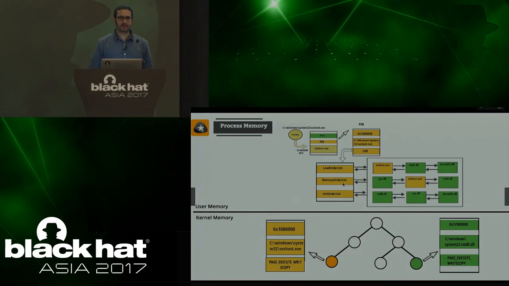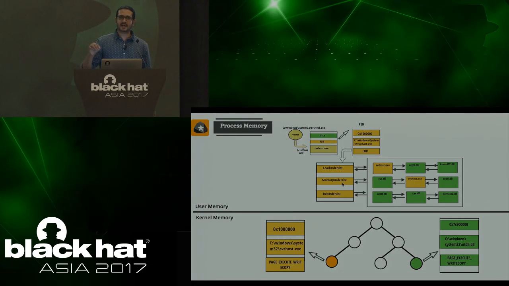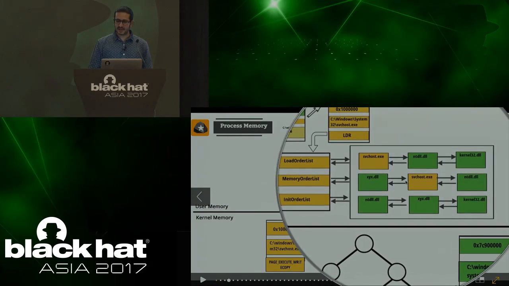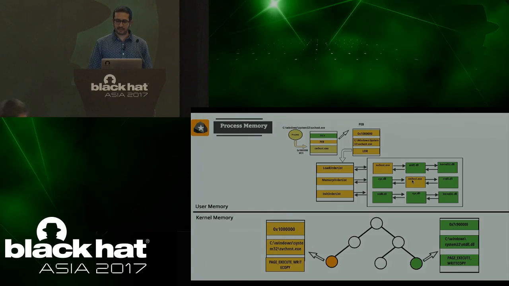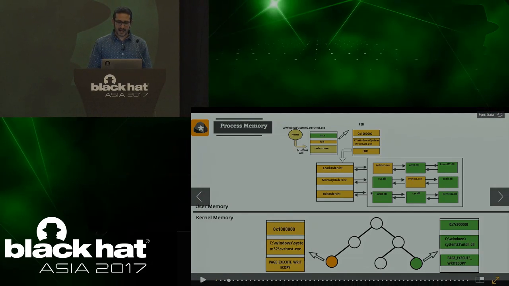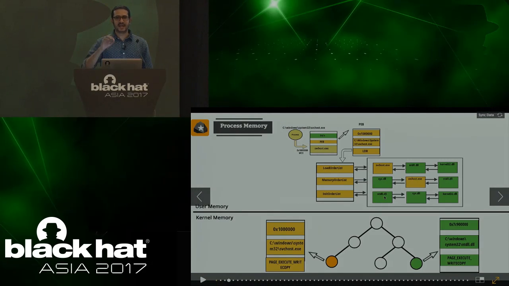In the memory order module list, it keeps track of all the loaded modules in the order in which they reside in the memory. Because a module loaded first doesn't mean it has to reside in the memory first, it can reside in any order. So this list contains information about the order in which the loaded modules reside in the memory. And the init order module list keeps track of the modules in the order in which they are initialized.